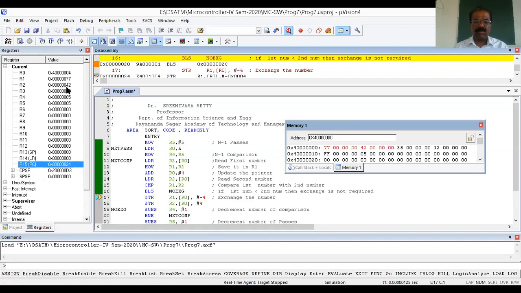It's a very important step, especially in this particular program. Therefore, what we will do here, we have to exchange. It requires exchange. Now, what is the value of R1? 77, 42. Now see here, it's very important. Now, what is the current content of R0? R0 is 04. It gives the address of this location. This is the starting address of this location. That is, currently R0 gives the starting address of the second number.